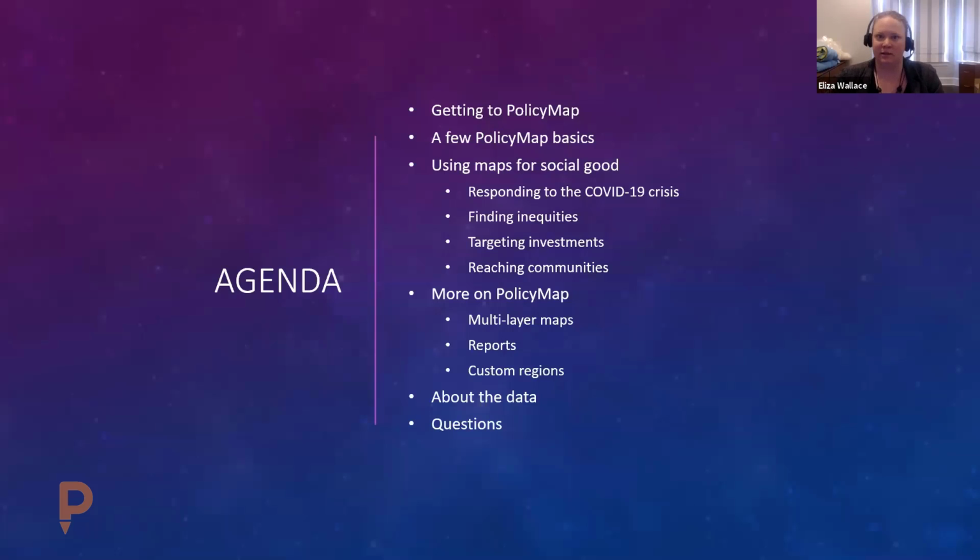In this case, I've got an example of some racial inequities. Some ways that some of our clients use mapping data to target some of the investments that they're making in communities, and some ways that organizations use data and mapping tools to reach communities and to find out where people who share certain characteristics are living, so that they can make the most of their work. And then I'll show a few of the other